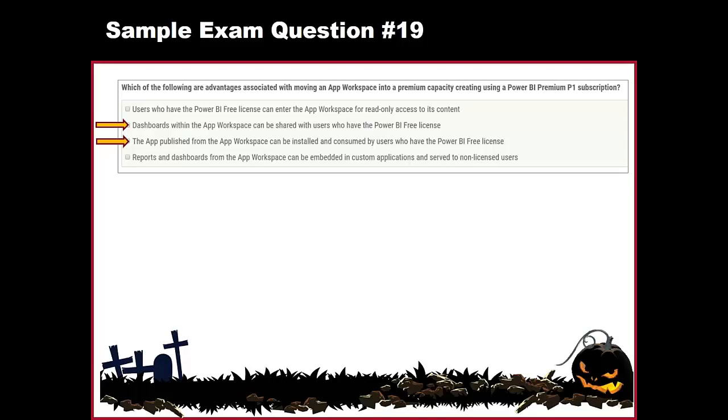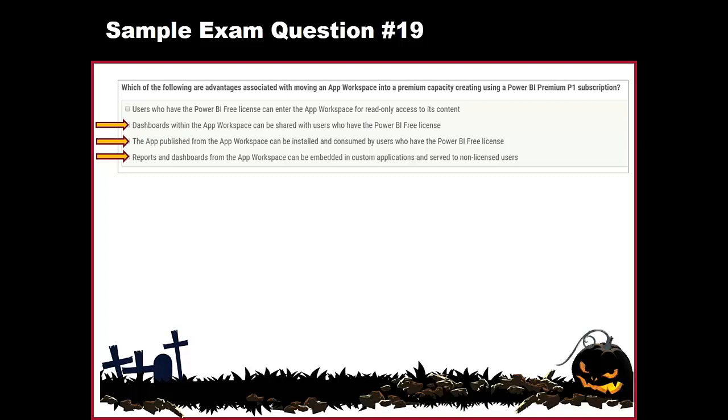That's true, and that is what happened at first. And then about a month ago, they also opened up dashboard sharing, so that if your dashboard is in an app workspace in a premium capacity, as a Power BI Pro license user, you can then share it with free license users. Okay, and then the last one is that reports and dashboards from the app workspace can be embedded in custom applications and served to non-licensed users,